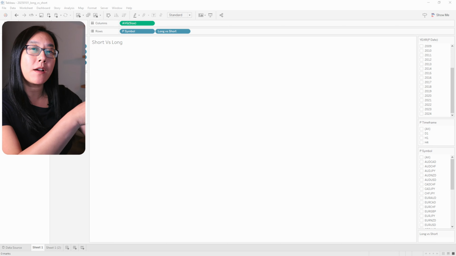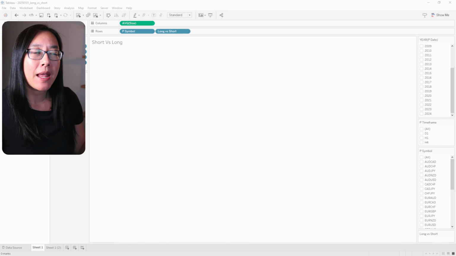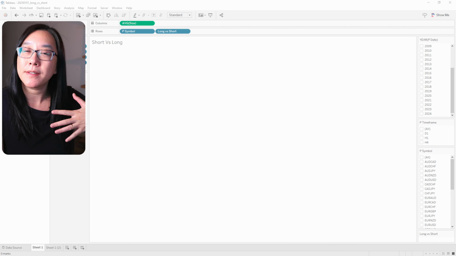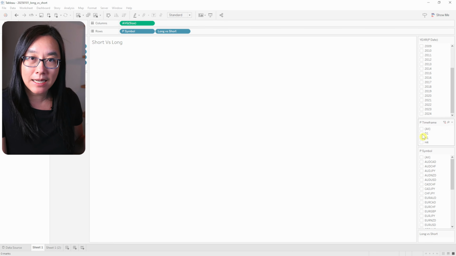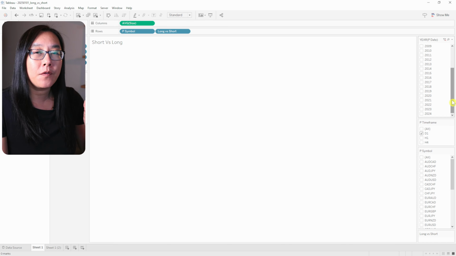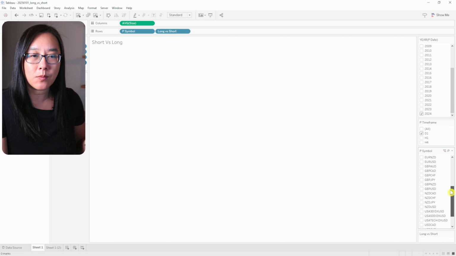Got it? Easy peasy. Next, I took those 5 million rows of data and fed it into a program so we can do further analysis. So starting off, let's look at the daily time frame only. For now, I just want to look at this year, which is currently 2024. And for a currency, I just want to pick one currency. So let's start off with the pound